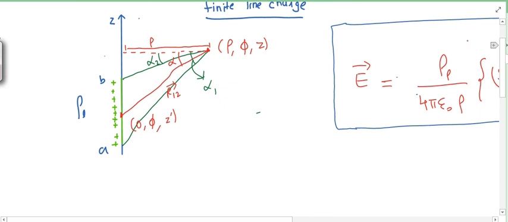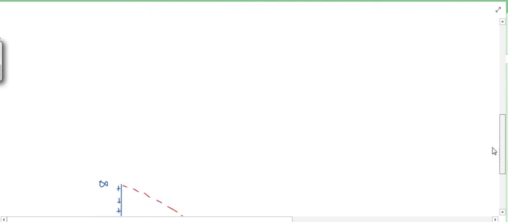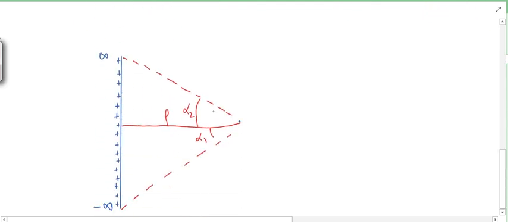So what you can imagine is, for infinity what this angle will become. For infinity alpha 1 will become pi by 2 and alpha 2 will become